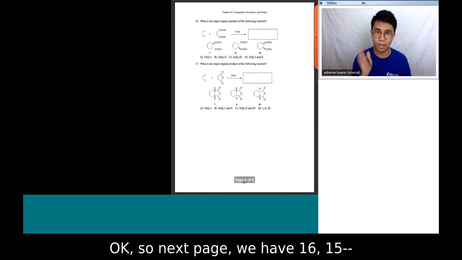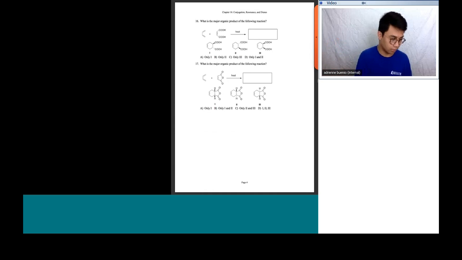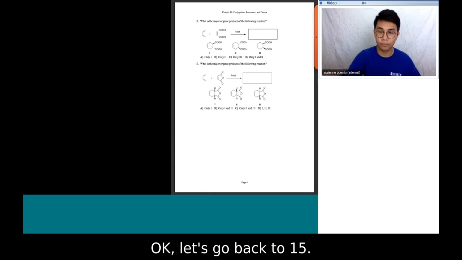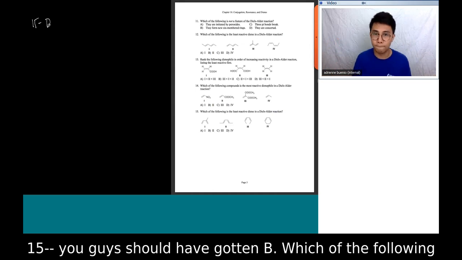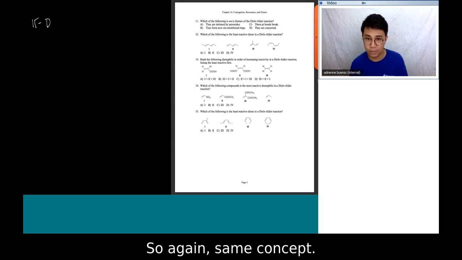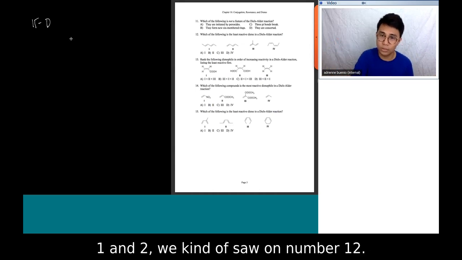Okay, so next page we have 16, 15. Oh, actually, I think I skipped 15, right? Okay, let's go back to 15. You guys should have gotten D, which of the following is least reactive. So again, same concept, and you guys should have gotten D, right? So again, 3 and 4, 1 and 2 we kind of saw on number 12, but 3 and 4,